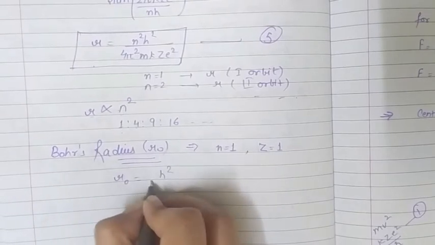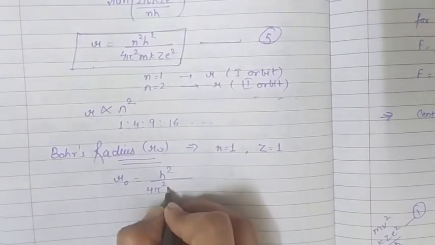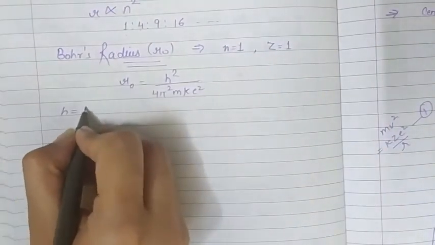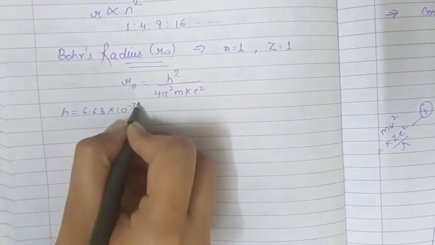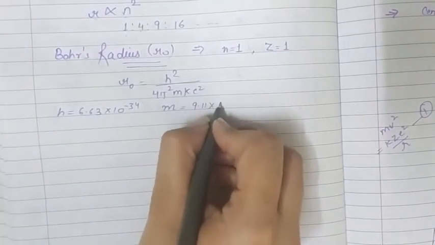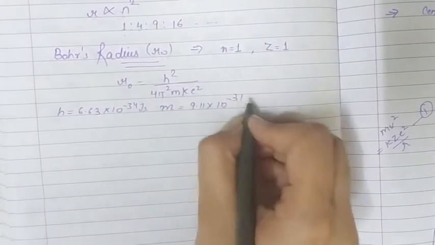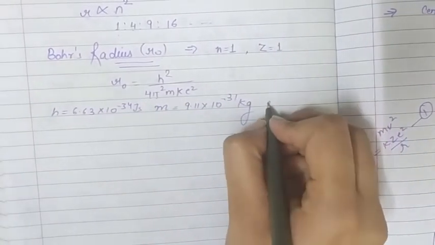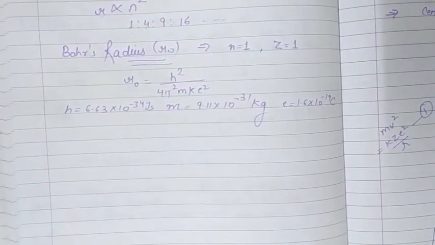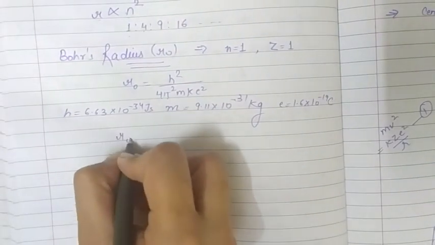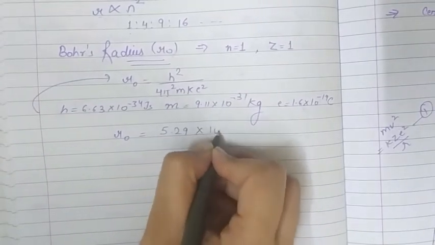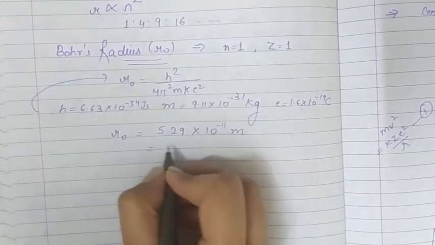So if n is equal to 1 and z is equal to 1, we get Bohr radius r naught is equal to h square upon 4 pi square m k e square, where all these values are known. h is equal to 6.63 into 10 to the power minus 34 joule seconds. 4 is a constant, pi is a constant, mass of electron is 9.11 into 10 to the power minus 31 kg, and e is 1.6 into 10 to the power minus 19 coulomb. k is 9 into 10 to the power 9. So by putting all these values in this equation, we get Bohr radius is equal to 5.29 into 10 to the power minus 11 meter,